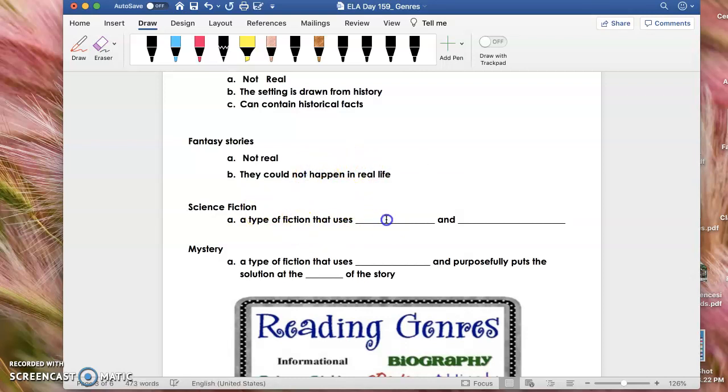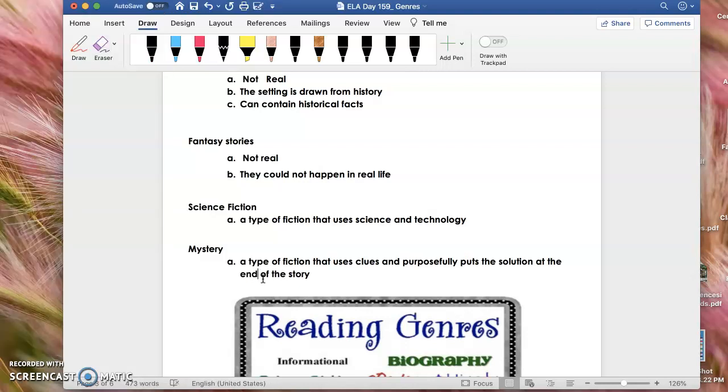And then science fiction is a type of fiction that uses science and technology, okay? And then mystery, a type of fiction that uses clues and purposefully puts the solution at the end